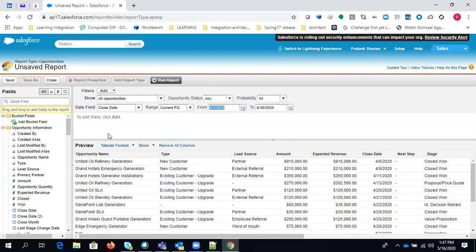So what is the difference first between tabular and summary report? In a tabular report, you just got the data based on some filter. We have added the filter called closed one, all the opportunities in which the stage is equal to closed one, right?